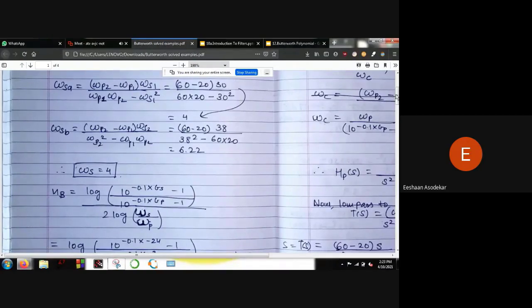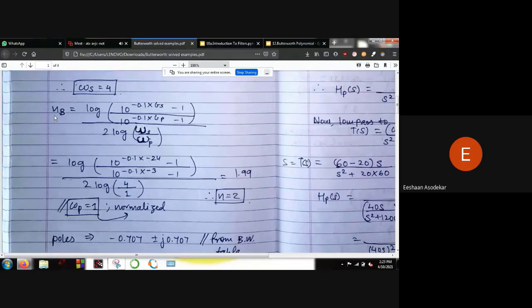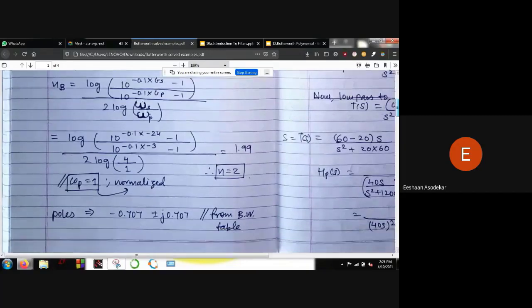And then later on, we apply our generic formula for the number of poles, the order of the Butterworth filter. It is important to note that this formula shall remain the same throughout the 4 configurations: the low pass filter, high pass filter, band pass filter, and the band stop filter. Although we have to intuitively change this part of the equation. The simple way to remember that would be, if the answer of this equation is coming as negative, then you have to flip these 2, for obvious reasons. So basically the omega s would be greater for the stopband,